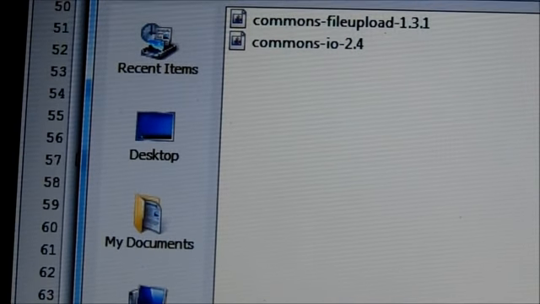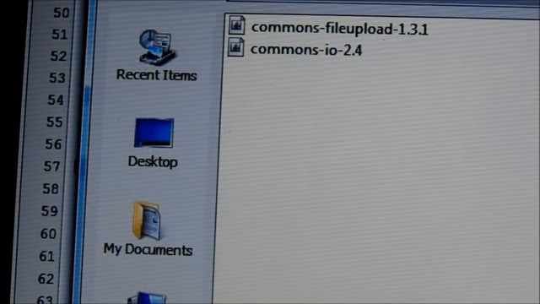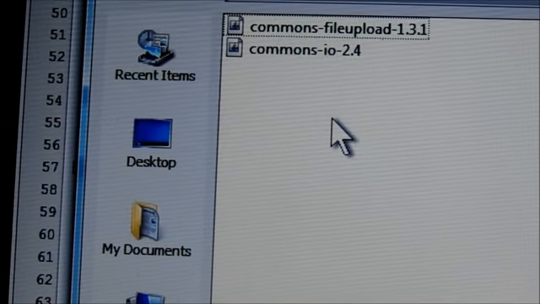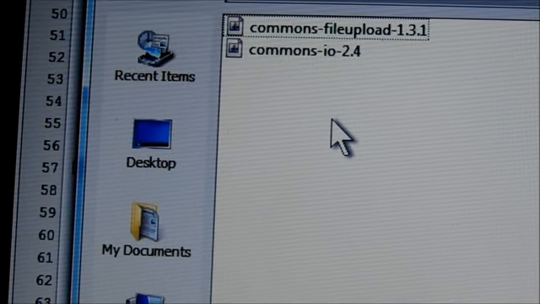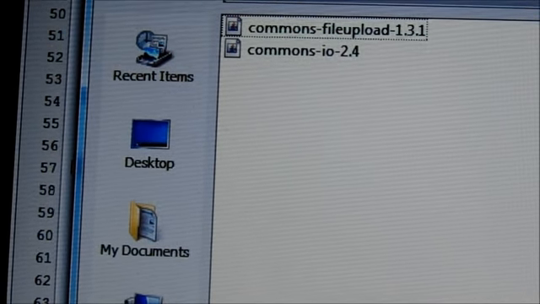This is using the commons file upload jar file. These two files are used to upload the file, the commons jar file and the commons IO file.